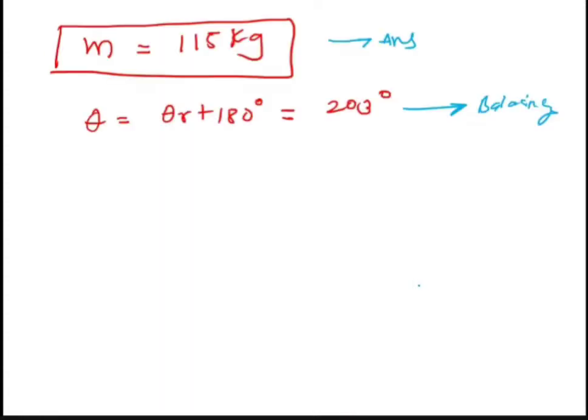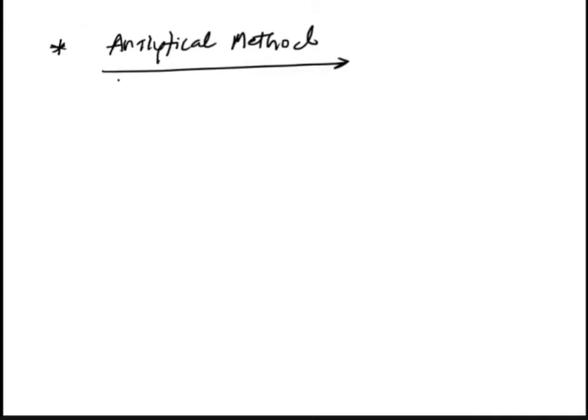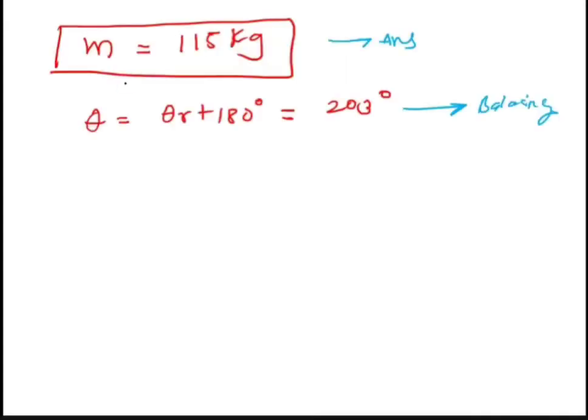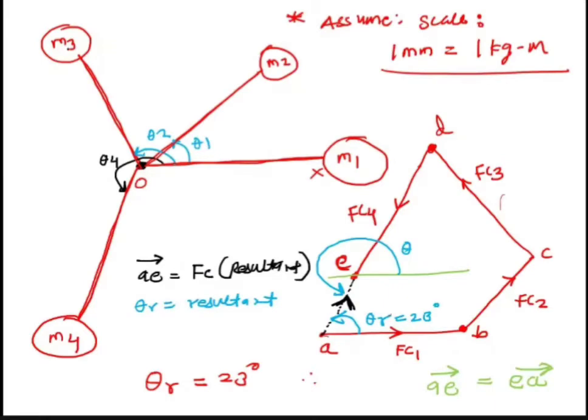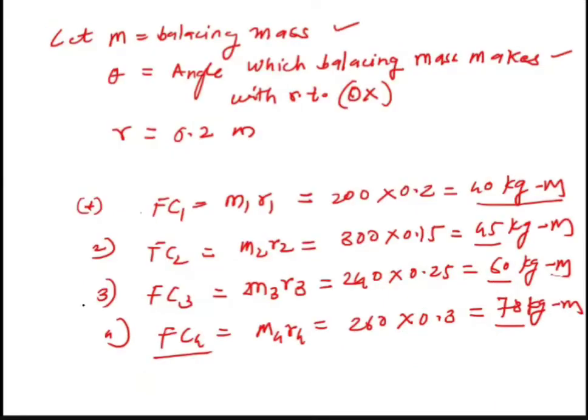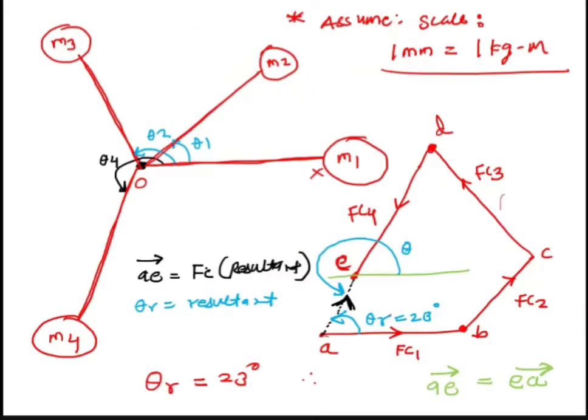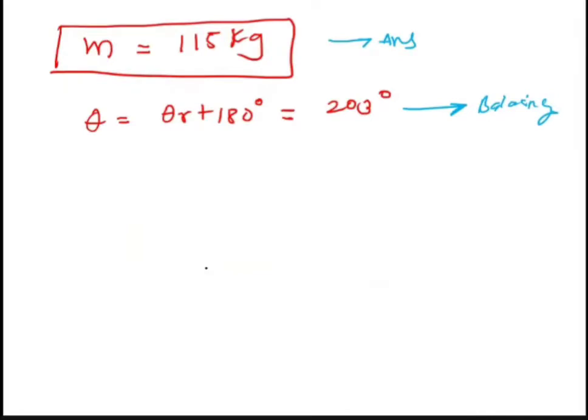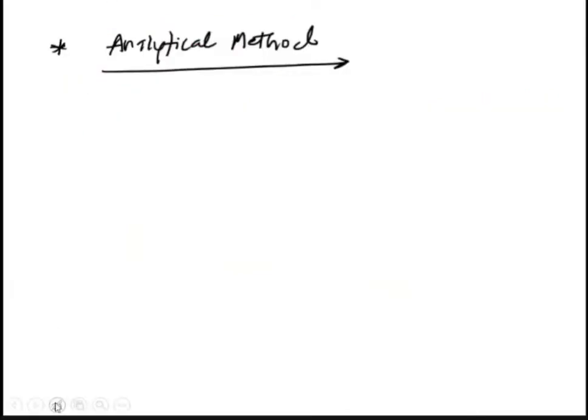So now, similarly, we also have to solve this problem by using the analytical method. Okay. So for the analytical method, again, it is very simple. So within 5 minutes, we will understand how to solve the same problem by the analytical method. Okay. So let us understand this analytical method. So what is the analytical method? First of all, try to understand how many masses we have. M1, M2, M3 and mass M4. So how many centrifugal forces do we have? Fc1, Fc2, Fc3, Fc4. So you have to first of all resolve these centrifugal forces. So again, no need to resolve also. You can directly write down. See, it is very easy to solve by the analytical method.